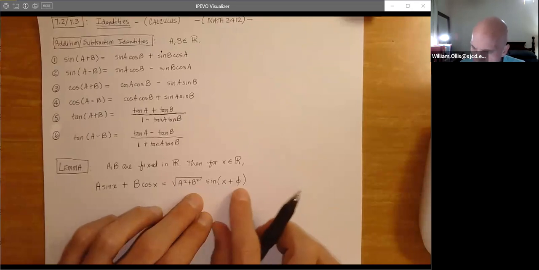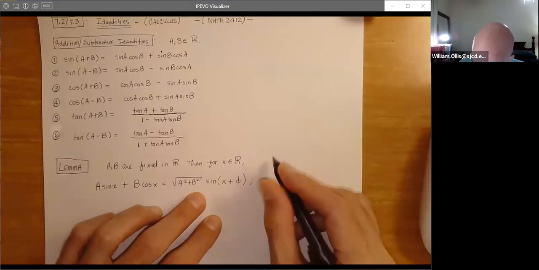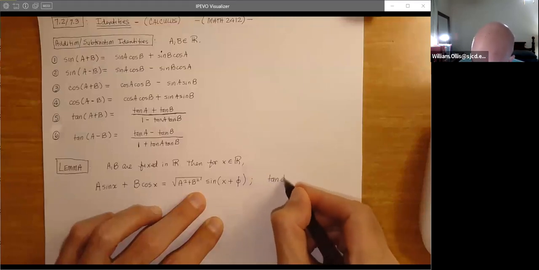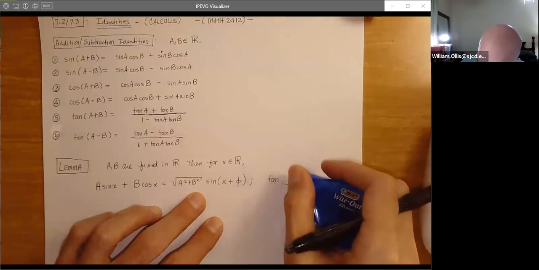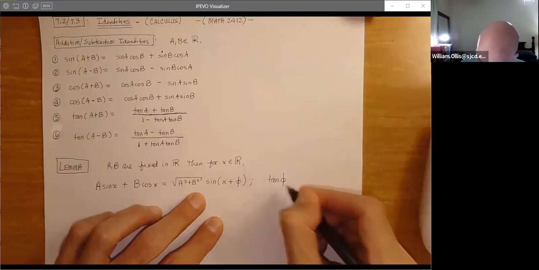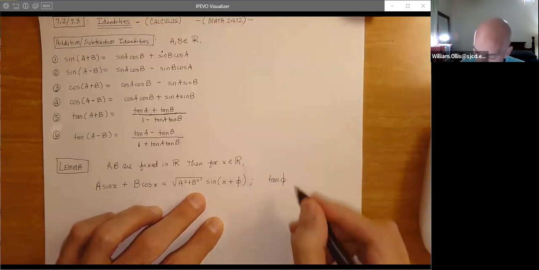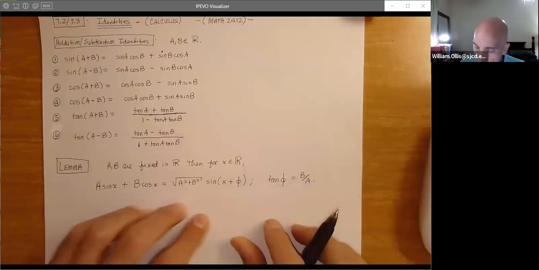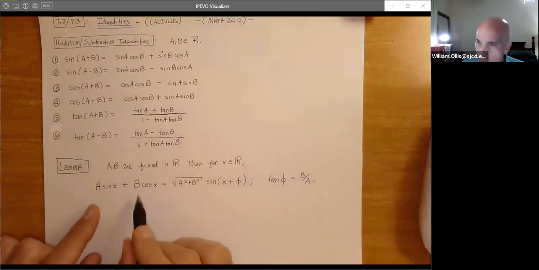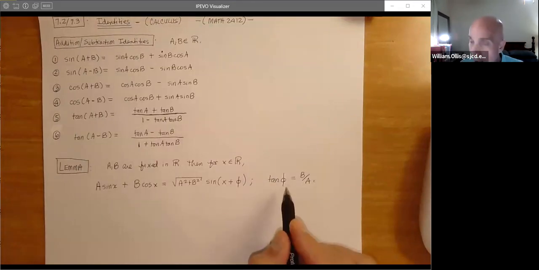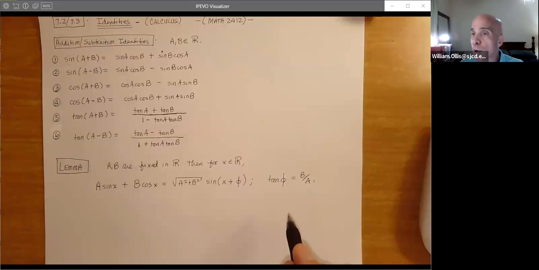So we're thinking, where did this phi come from? Well, the idea is that if it makes sense, it would say that tangent of phi, we think of this as a right triangle, opposite over adjacent. So this is why this is such a nice result, because it appeals to our right triangle interpretation. Tangent of phi would be B over A. Now, the important part about this is that if we think of A comma B as a fixed point in the plane, then the phi here needs to represent the appropriate angle from the positive x-axis.